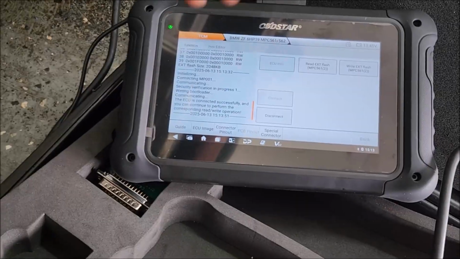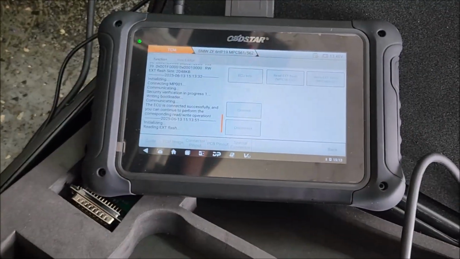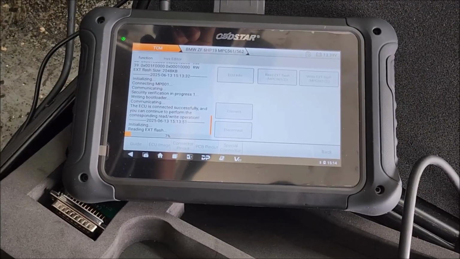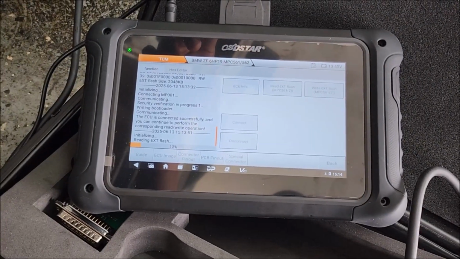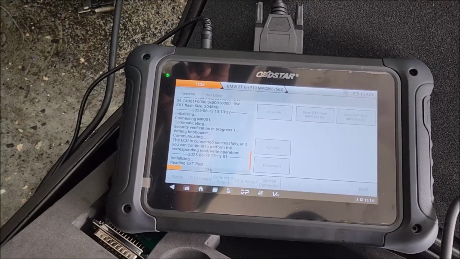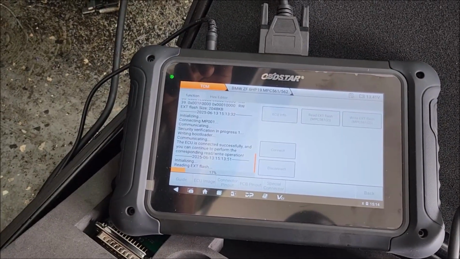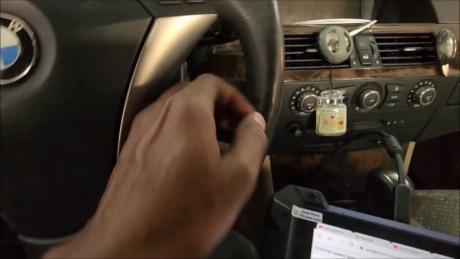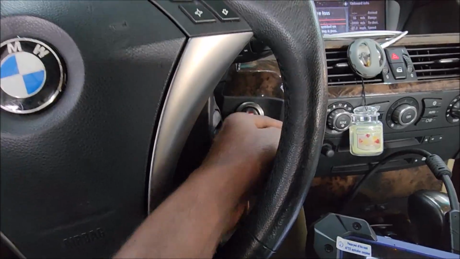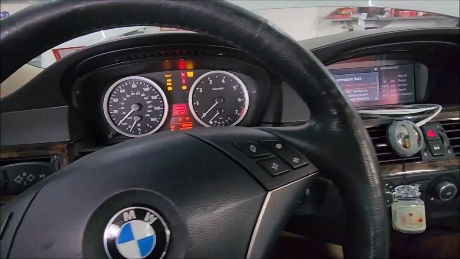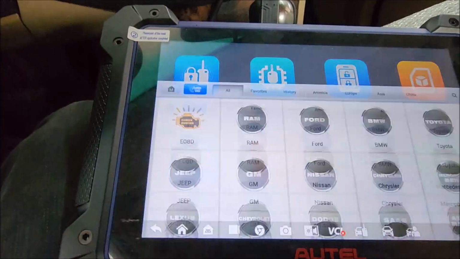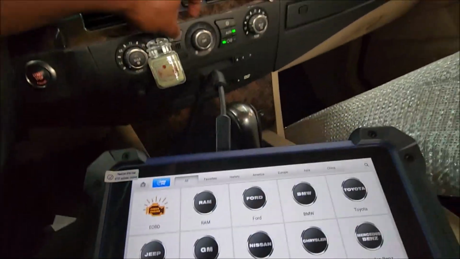Since this is a working transmission valve body, what I recommend is that the shop swap it, and then we'll program it from there. So once the swapping was done, we are in the vehicle and about to start the programming